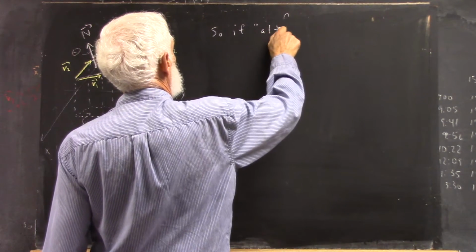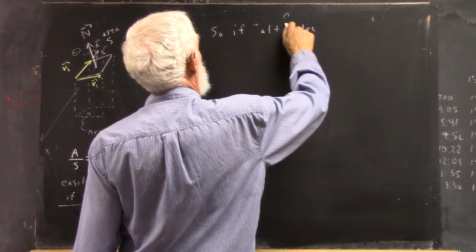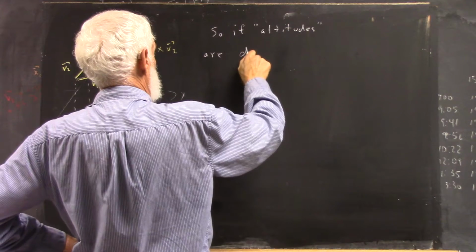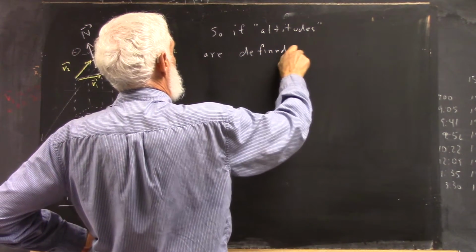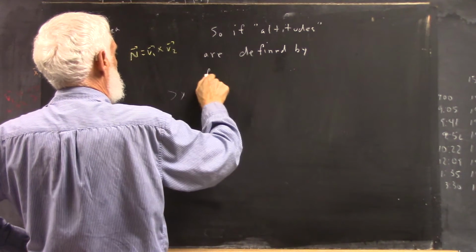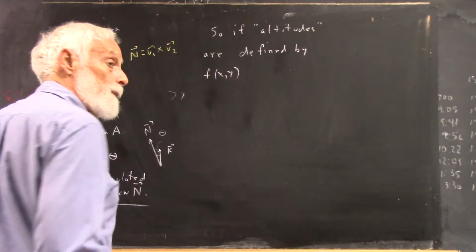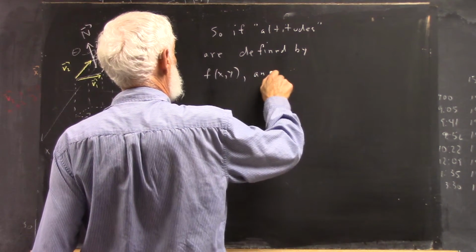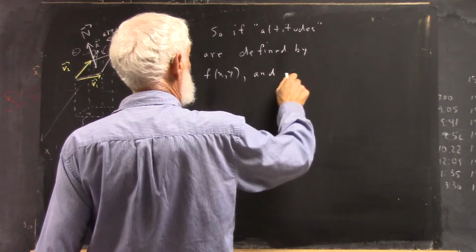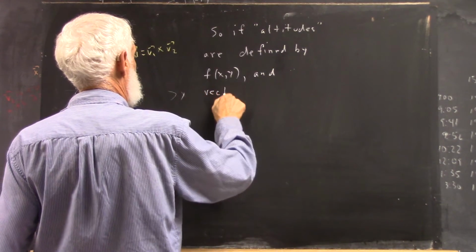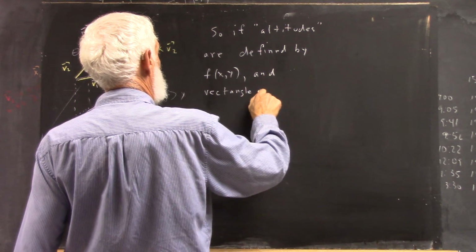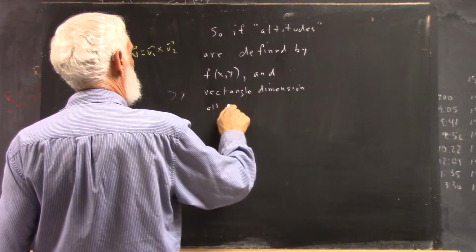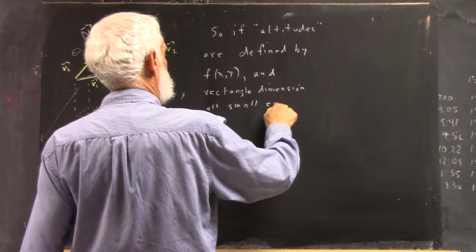So if your altitudes are defined by some function f of x, y, right? And the rectangle dimensions are all small enough